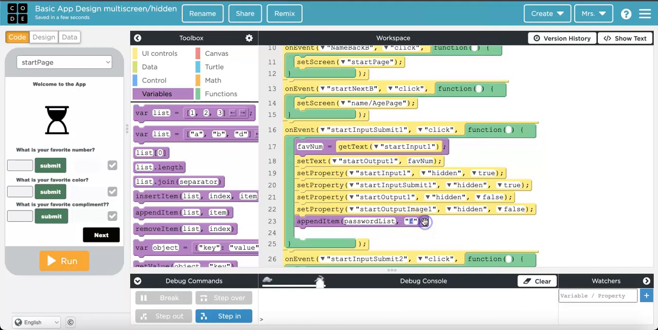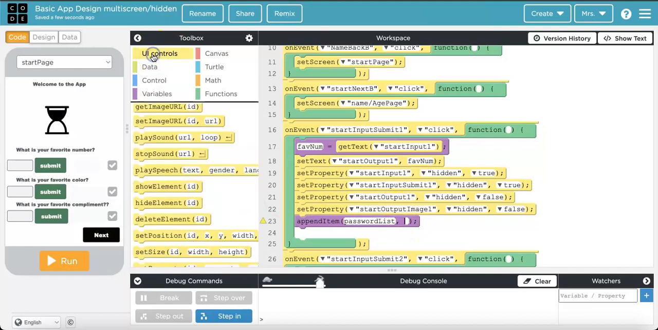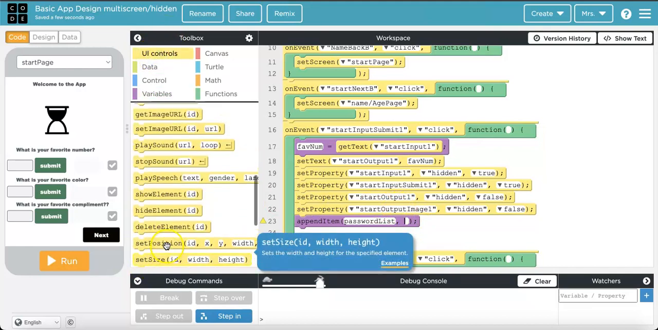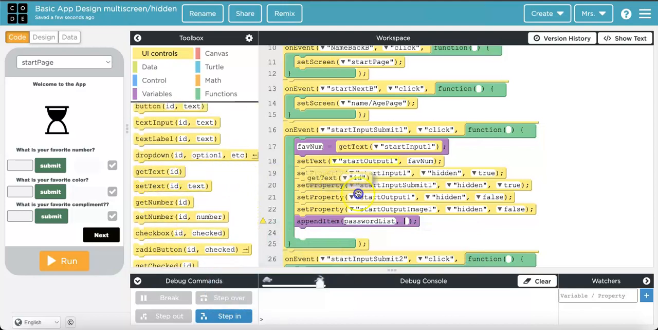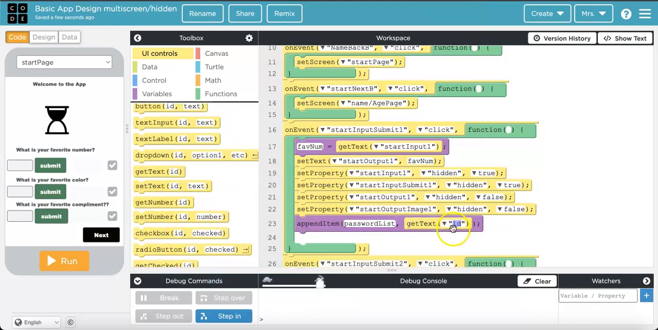And for here, this is where it's interesting. I want to get the text, right? So we go back to UI controls, and I want to get the text. And we're getting the text from start output 1. We could actually get it from this box too, but